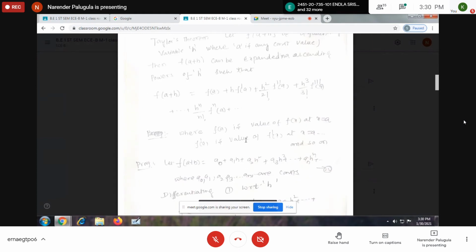So till now we discussed three important mean value theorems: Rolle's theorem, Lagrange's mean value theorem, and Cauchy's mean value theorem. After these, there is one generalized theorem in calculus, that is Taylor's mean value theorem. Till now we discussed theorems for one function or two functions, but for the generalized mean value theorem, according to Taylor and Maclaurin, we can extend these theorems for a number of functions.